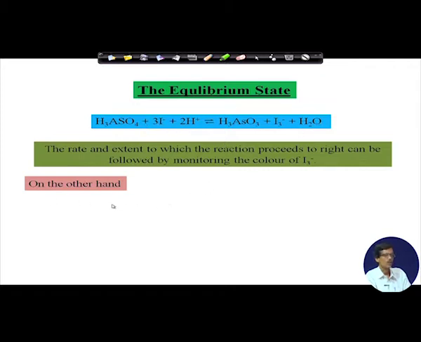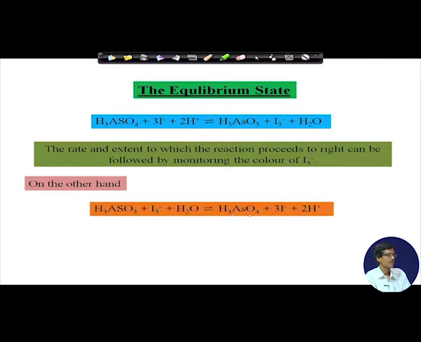So, if we consider the same reaction from the other side, that means from right to left, the reverse one is reacting and producing this one. So, if some reaction is not going 90% from left to right, say it is going about 50% or 40% from left to right, what we see is that